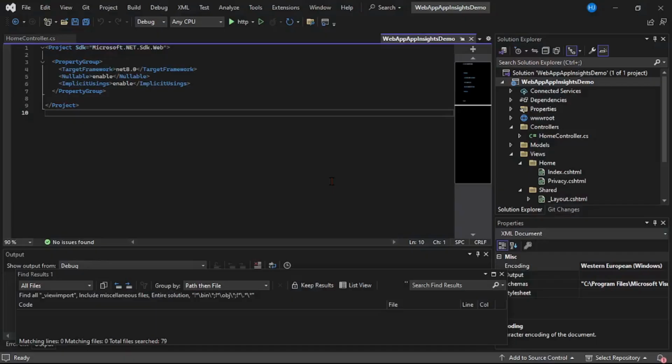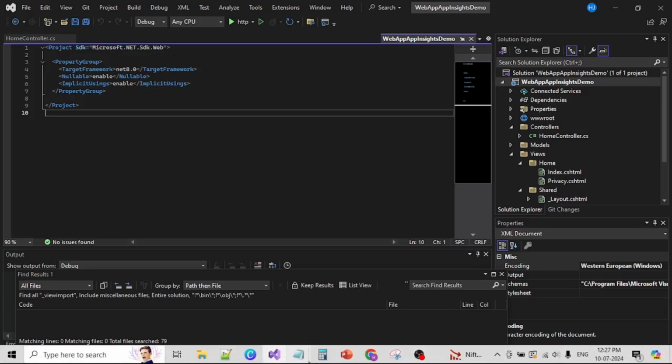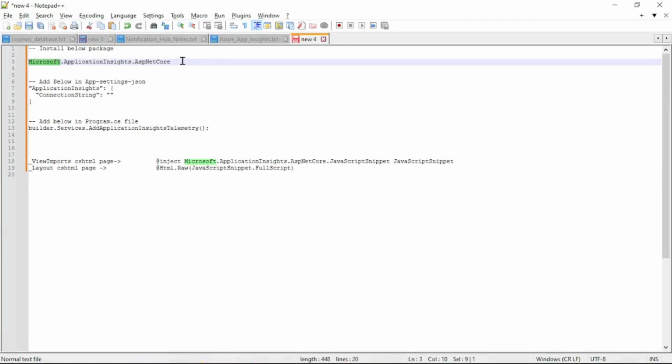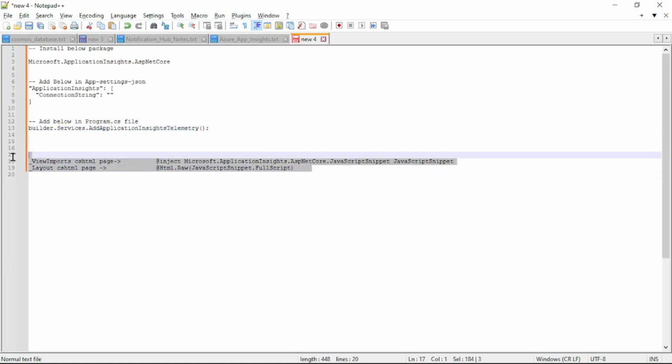Now guys, we are in Visual Studio and this is our ASP.NET Core web app, and now let's start making the required code changes. And in the interest of time, I have already copied it in a notepad. So let's open it. So basically first we'll install the required NuGet package, then we'll add a connection string for App Insights, then we'll add a dependency in our Program.cs file, and then a couple of code changes in our cshtml pages. So of course guys, I will share these details in the description of this video, but in addition